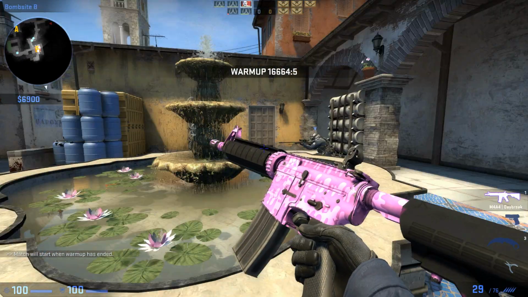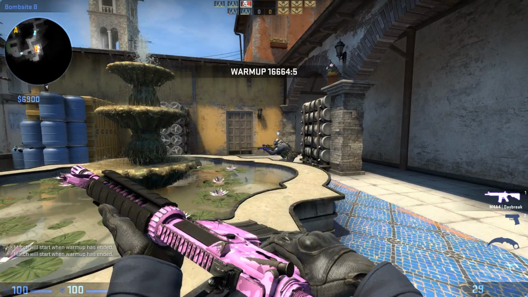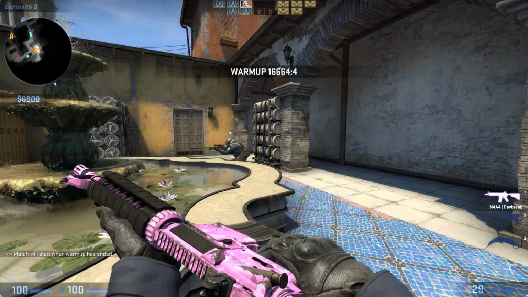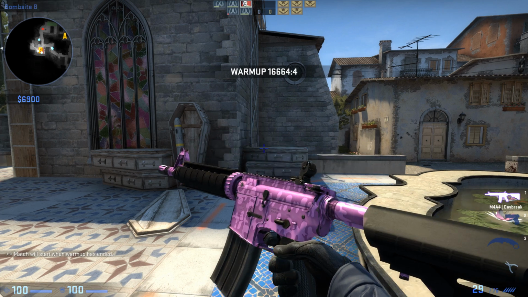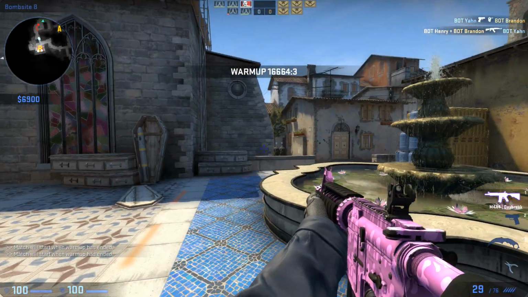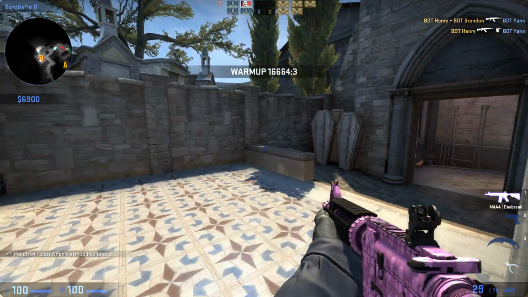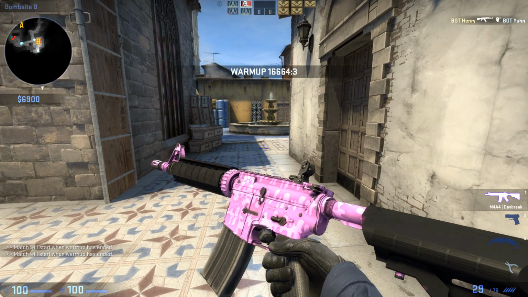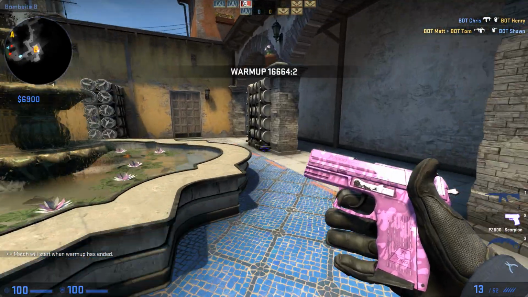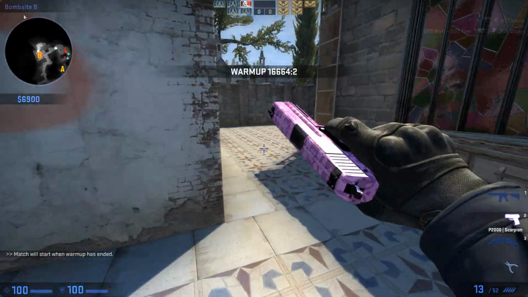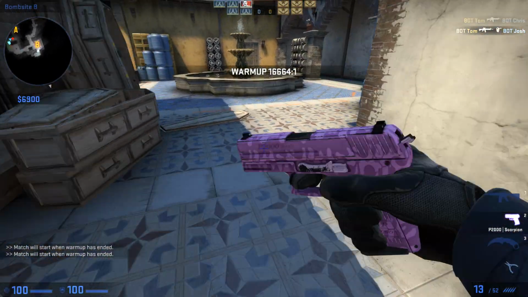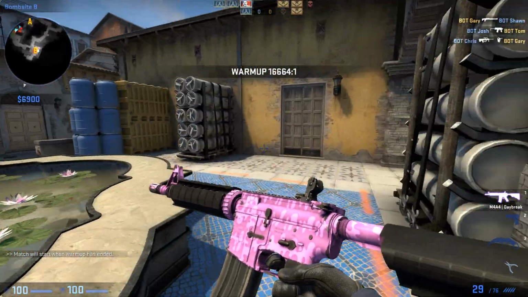worked. Okay, so this is how my pattern looks on the skin itself when I go into the game. What you can do now is to see whether or not you like it, and then close the game, go into the items_game file, and change or tweak some of the settings to make it look just how you like it. So as I said again, what looked good in the workshop didn't look very good on the skin itself when I put it into the game, due to a brighter sun in here. So I had to go in, change some of the values, and now many of my skins look how